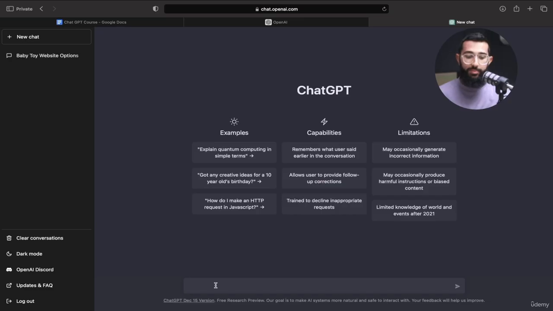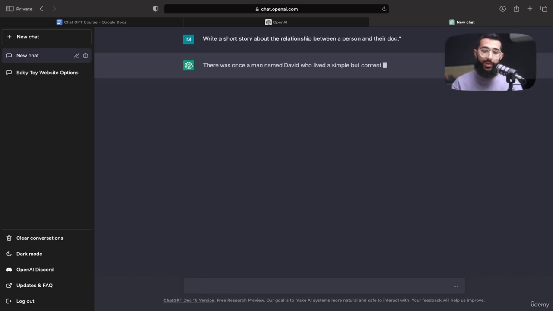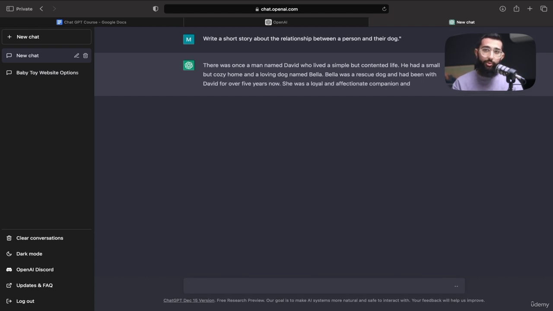Now, depending on what response you want, you will go for either an abstract or a very concrete and precise prompt. So if I want ChatGPT to be a lot more creative and give me more of an open-ended response, I will be a lot more abstract. So now, as an example, if I was to jump into ChatGPT and put in the prompt, write a short story about the relationship between a person and their dog. Now that's super abstract, and what it's going to do is put together a story just given those two bits